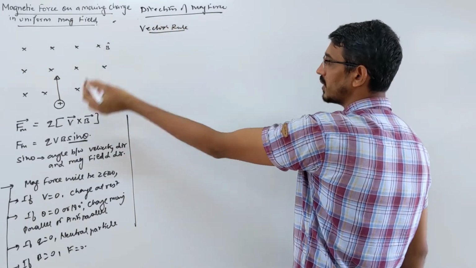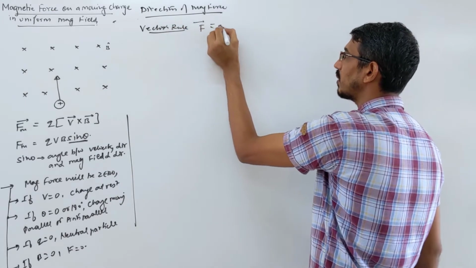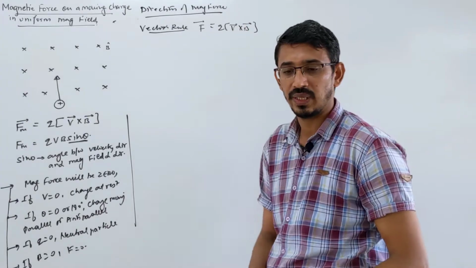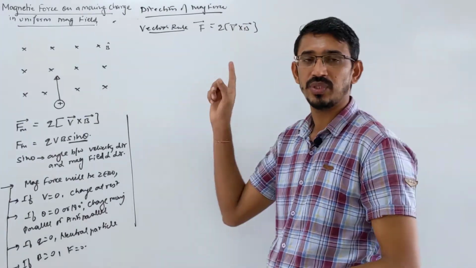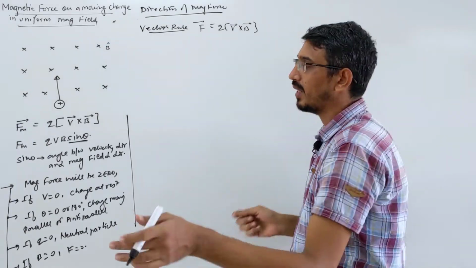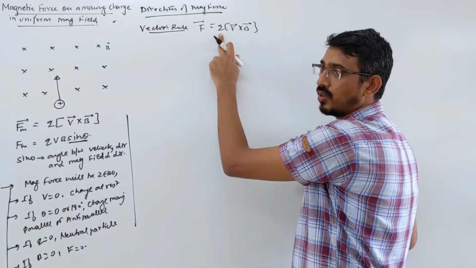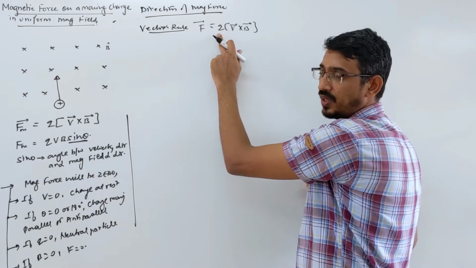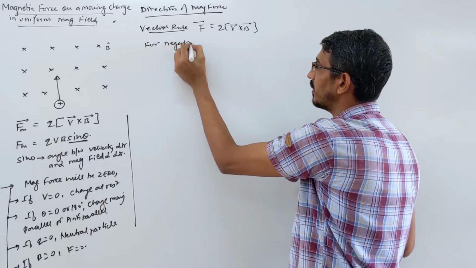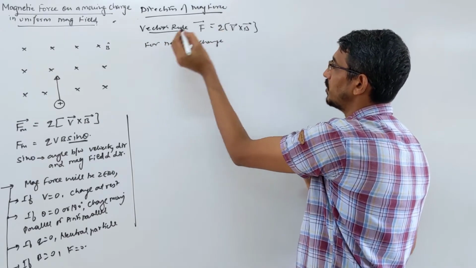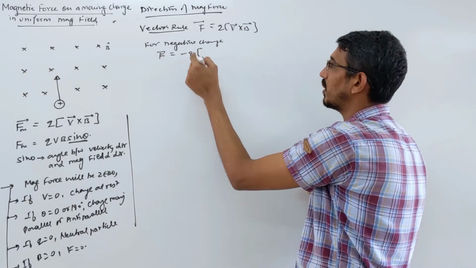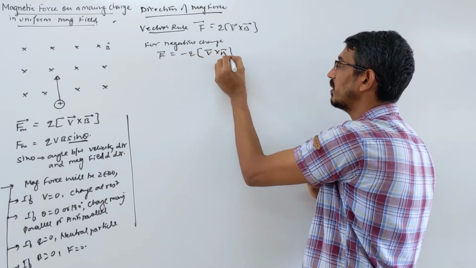The vector rule means, in front of you, the F vector is equal to Q V cross B. It's a cross product of velocity and magnetic field. You put the direction of velocity, you put the direction of the magnetic field and take their cross product, and that will give the direction of the force. Be careful. For a positive charge, no problem. If it's a negative charge, you put an extra negative here. Suppose I'm writing here a hint for negative charge. This is for positive charge. Then for negative you put one extra minus outside: minus Q, then V cross B.